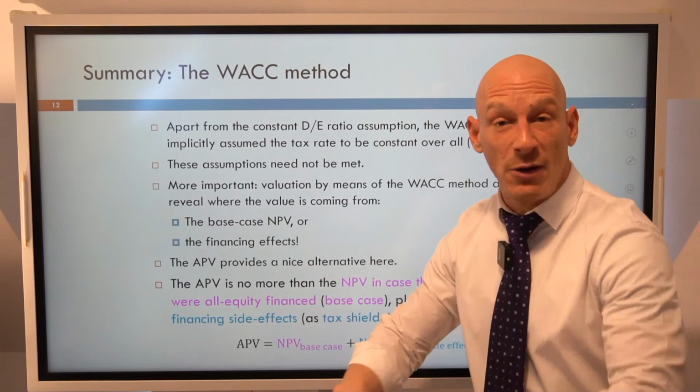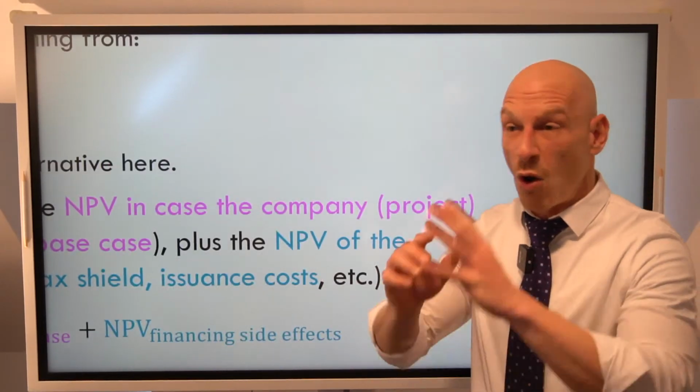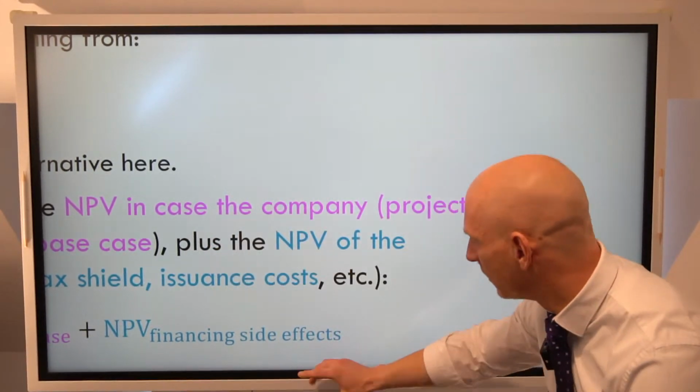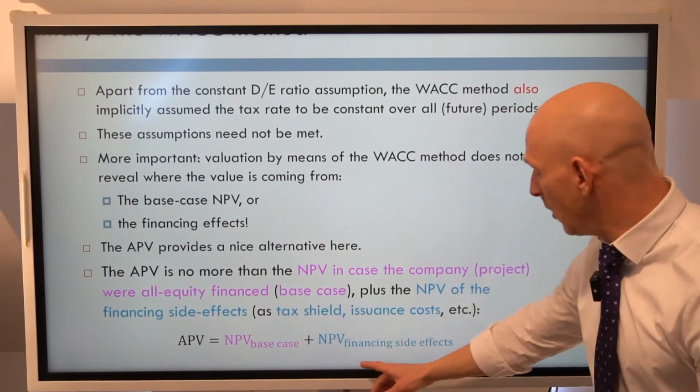We say the present value of the whole project is the present value of the base case, which is the project all equity financed, plus the net present value of the financing